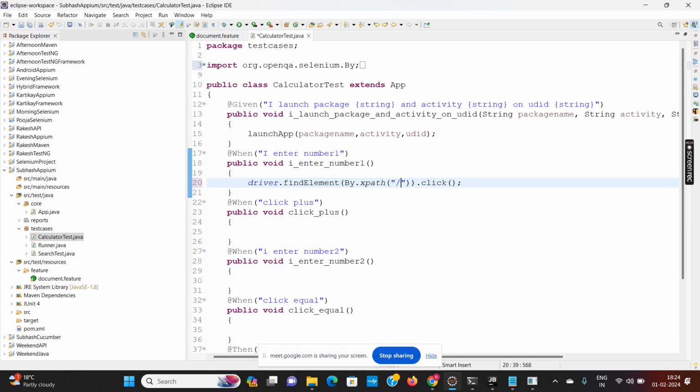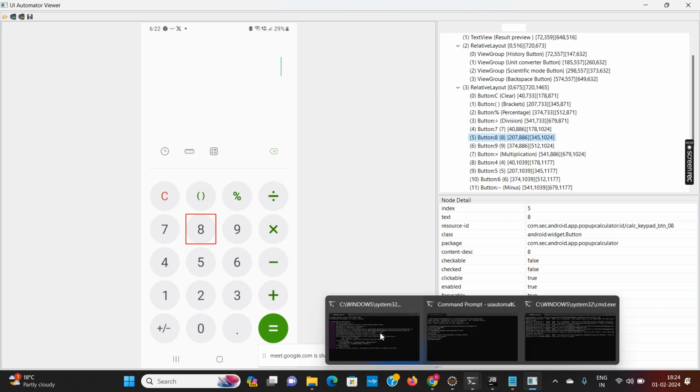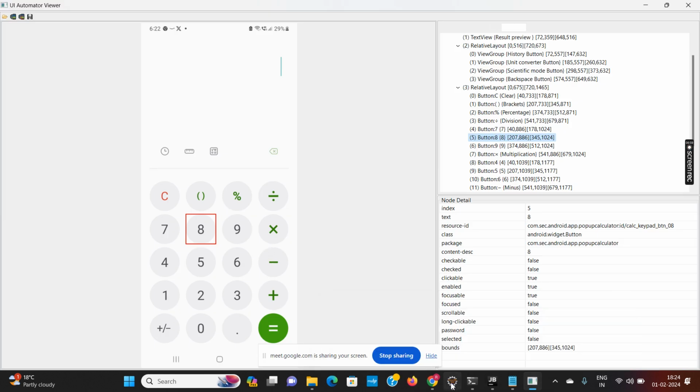Now in XPath, I will write double slash star, square bracket, and at the rate text. So text is an attribute here, and 8 like this. Like with UI Automator Viewer, text is equals to 8. So we can use at the rate text is equals to 8. Now what I want to do next,